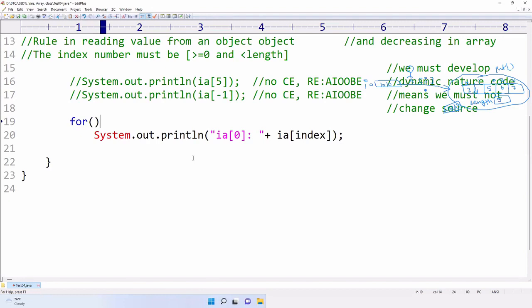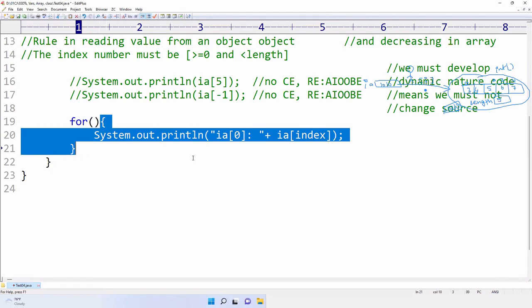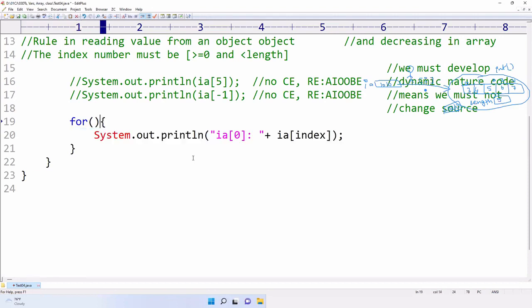Then what should I write here? This is the for logic, the for block. Inside the block, what logic you want to execute, that you have to place. Now inside parenthesis, I should write how many expressions? 3. First expression is what? Start. Second expression? Condition. Third expression? Increment or decrement. If you want to come backside, decrement. If you want to go forward, increment. Now tell me, index equal to 0. Index less than or equals to